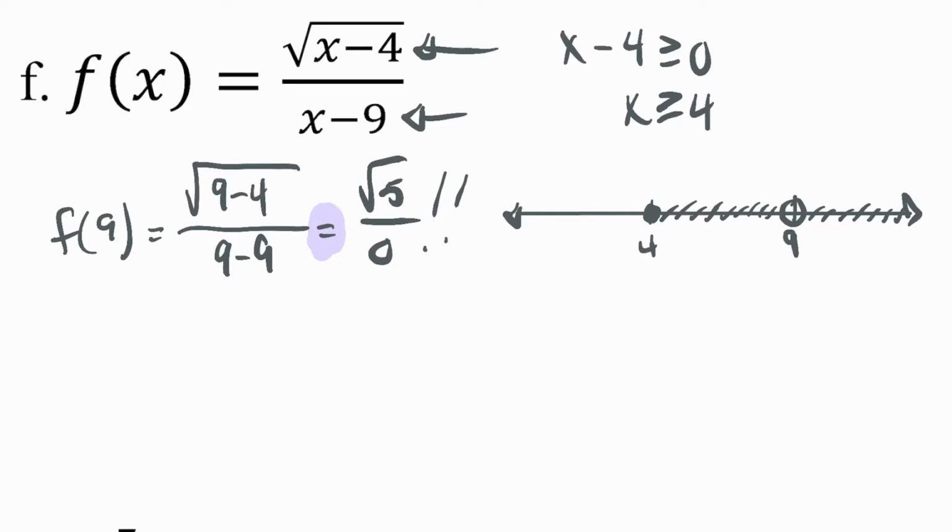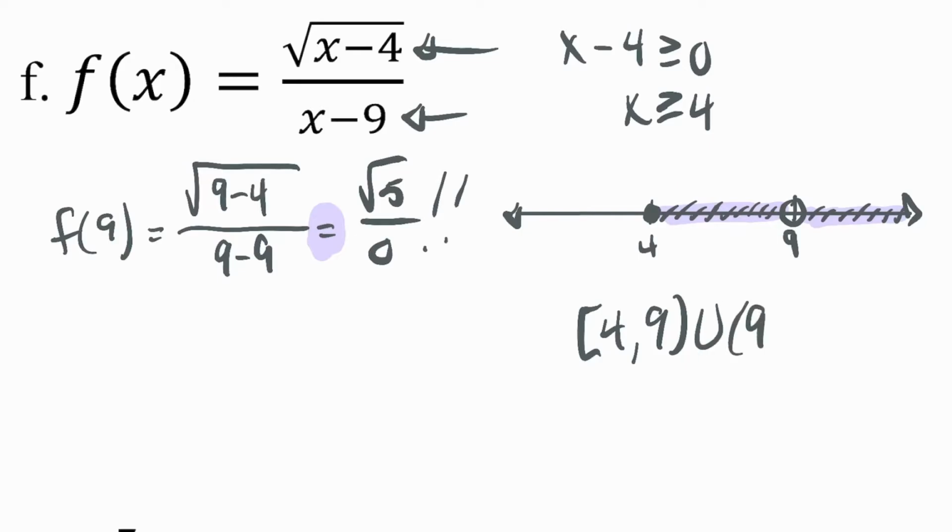Now, as an interval, basically, I'm going to have to use a union of 2 intervals because this first section from 4 to 9, that's an interval from 4 to 9. So I'm going to have a bracket 4, because I'm including the 4, right, up to 9, parenthesis, because I'm not including the 9. And then I have a second interval from 9 to infinity. So I'm going to do a union,